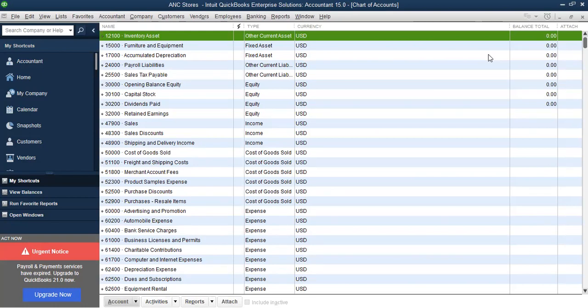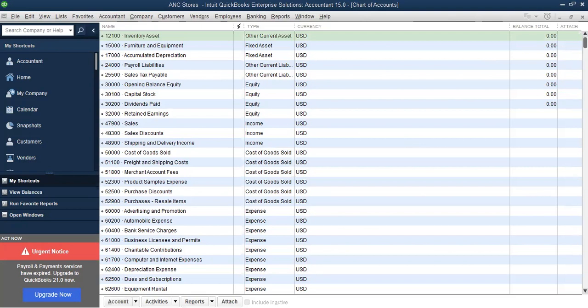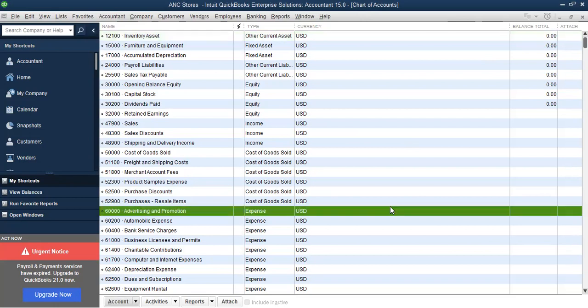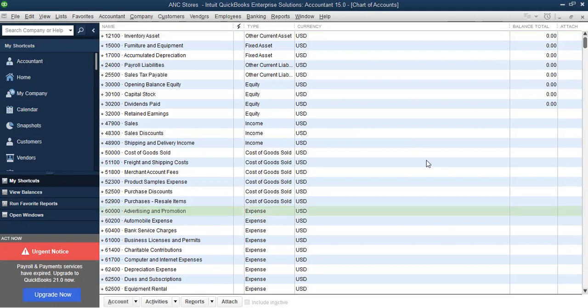These are the accounts, and as much as I want to discuss deeper, this is your chart of accounts.